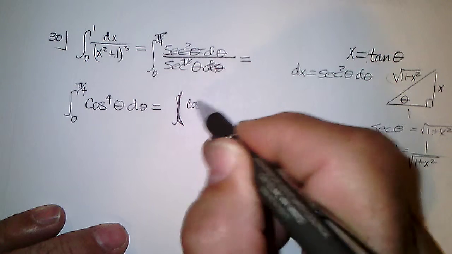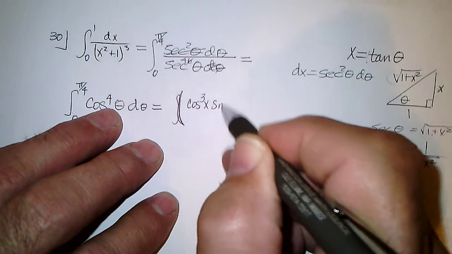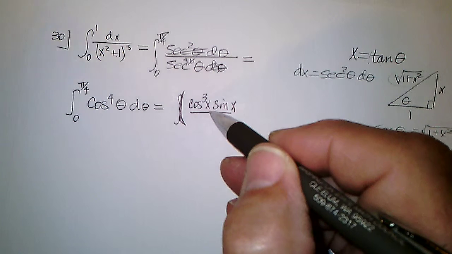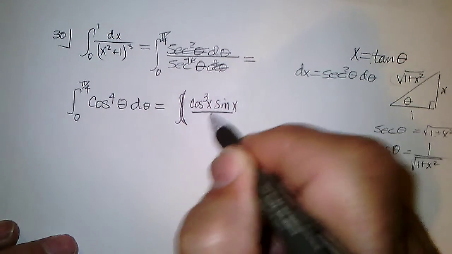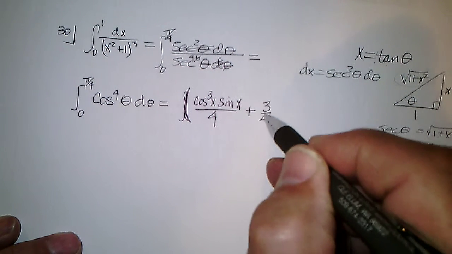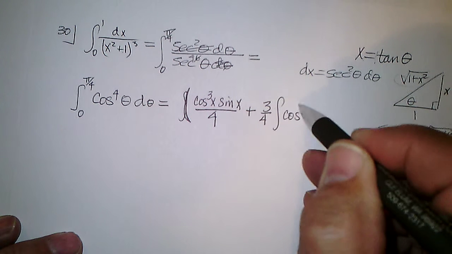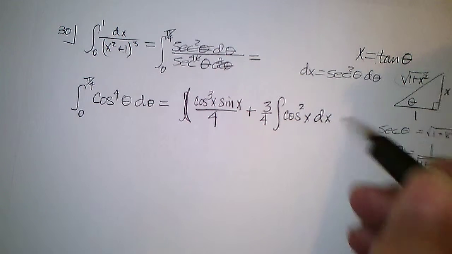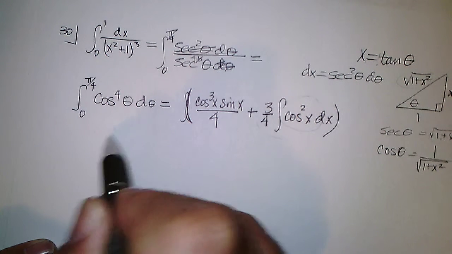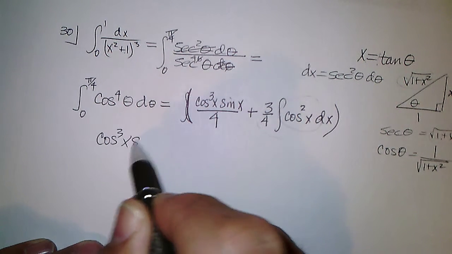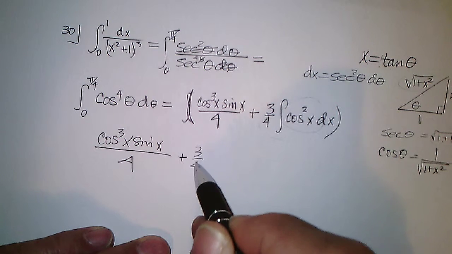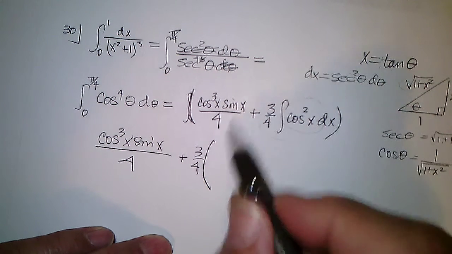excuse me, not the integral to start with, cosine to 1 less, that would be 3 of x, sine of x over, let me underline it, over the power, which was 4, plus, and then it becomes 1 less, which is 3 over 4, the integral of cosine squared x dx. And then there's a formula for this. So we've got cosine to the third x sine x over 4 plus 3/4. And for the cosine squared, it is